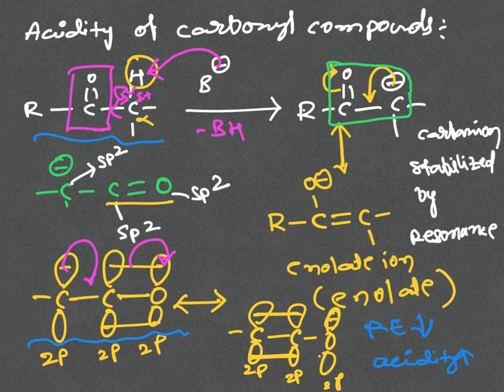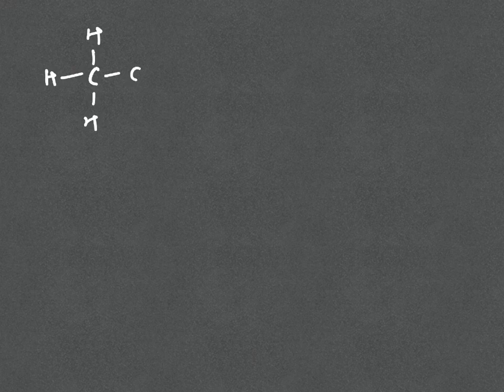Is delocalization the only factor which plays a role in the acidic strength of the carbonyl compound? Absolutely not. Along with the formation of the enolate ion, there are a couple of other factors which play a role in the acidic strength of carbonyl compounds. To explain another factor, I am taking two examples. The first one is an allylic system, and the second one is acetaldehyde, a carbonyl compound.